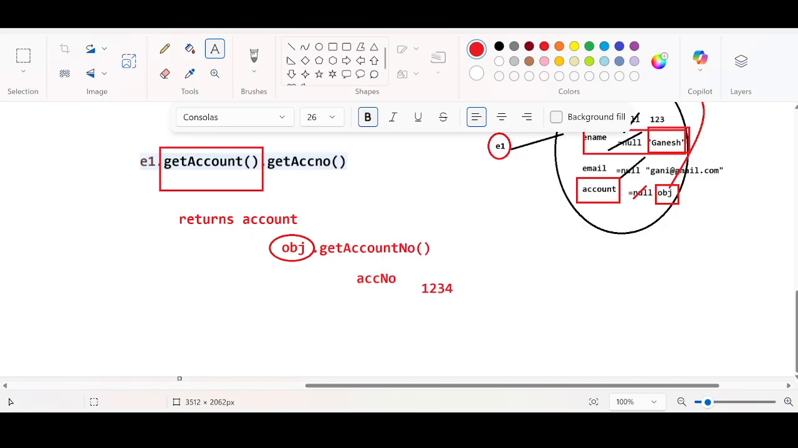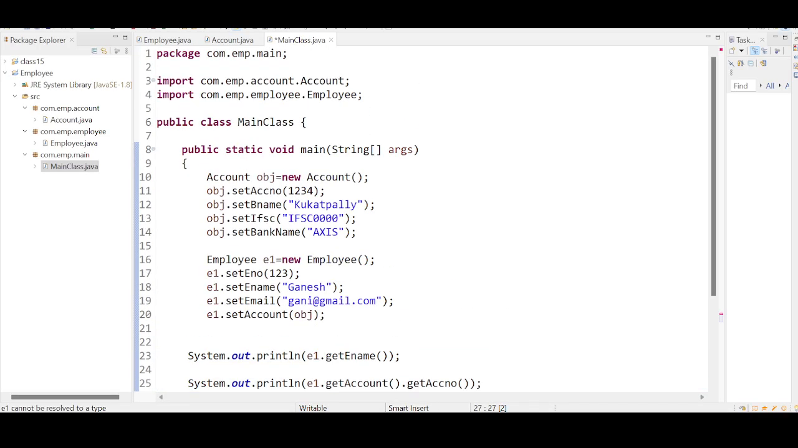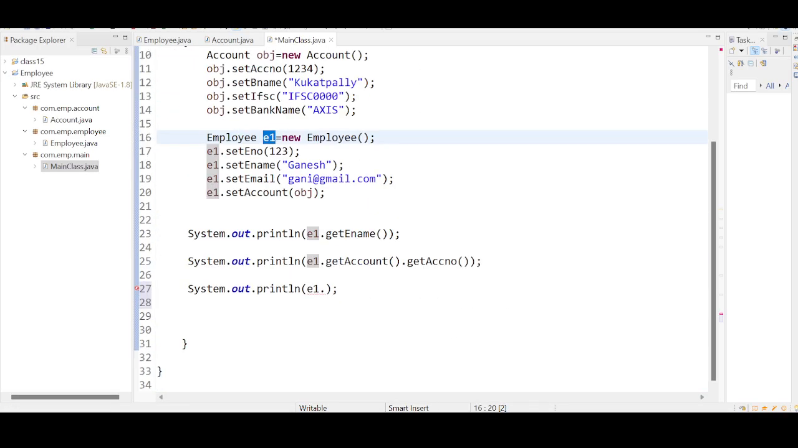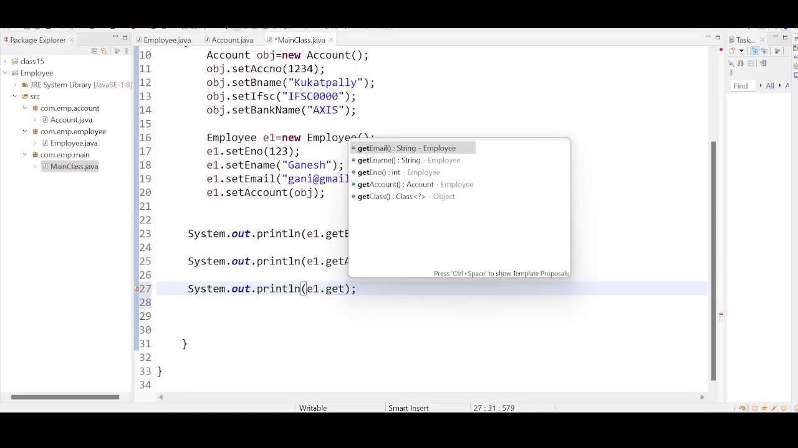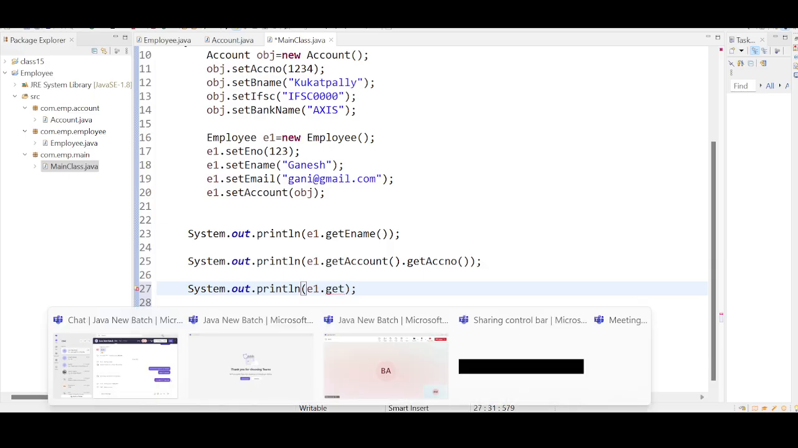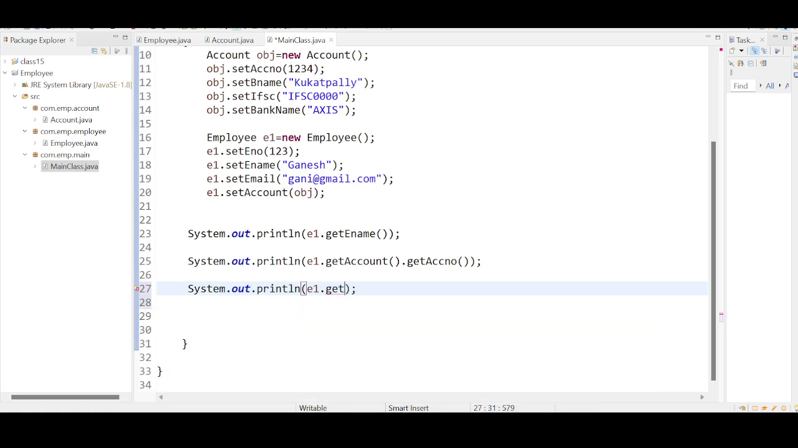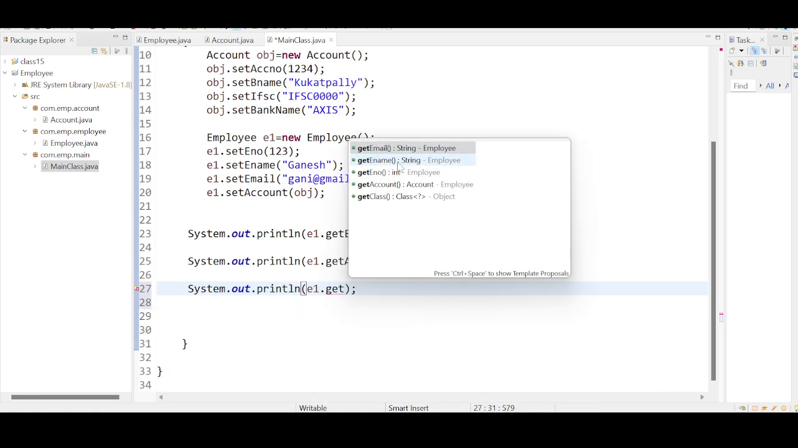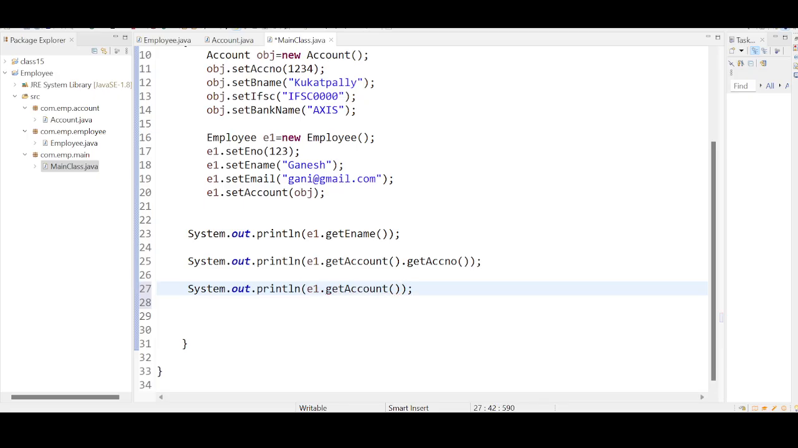So when I say E1, you are referring to the employee object. On top of this E1, you can get all the values. What are the values that you can get on top of this E1? You can get values like getEmail, getEname, getEnumber, getAccount. But if you just give getAccount on top of E1 and run this,